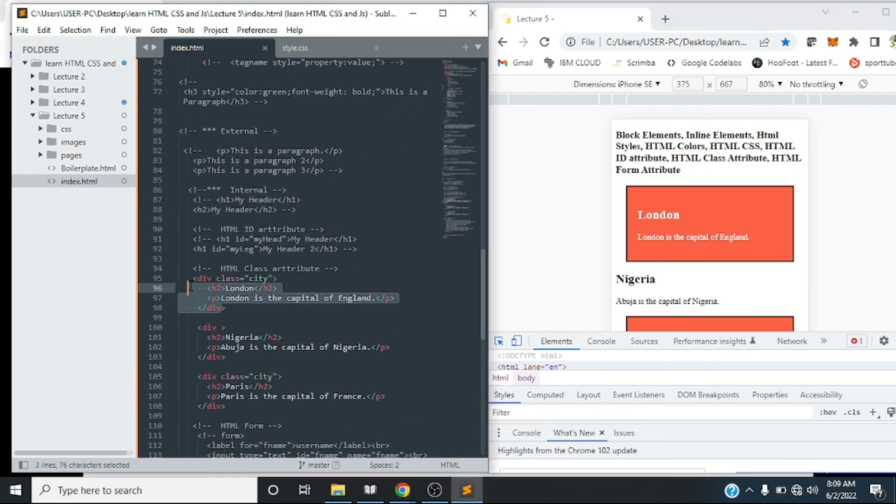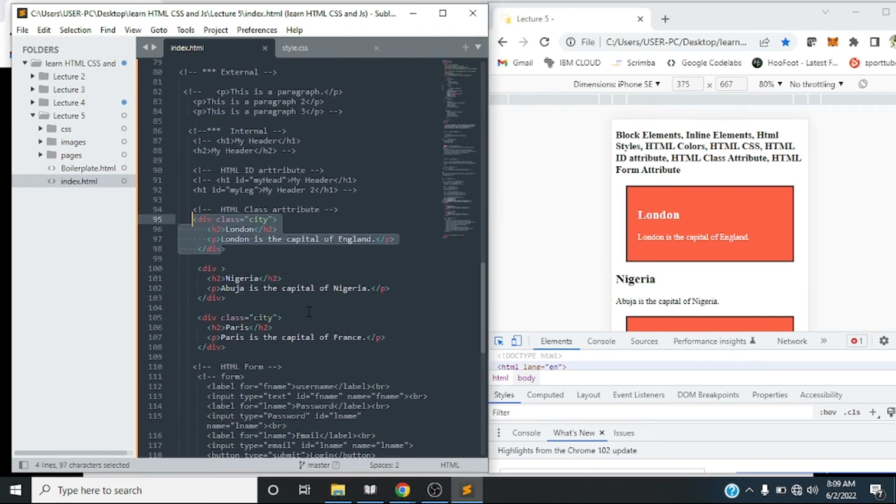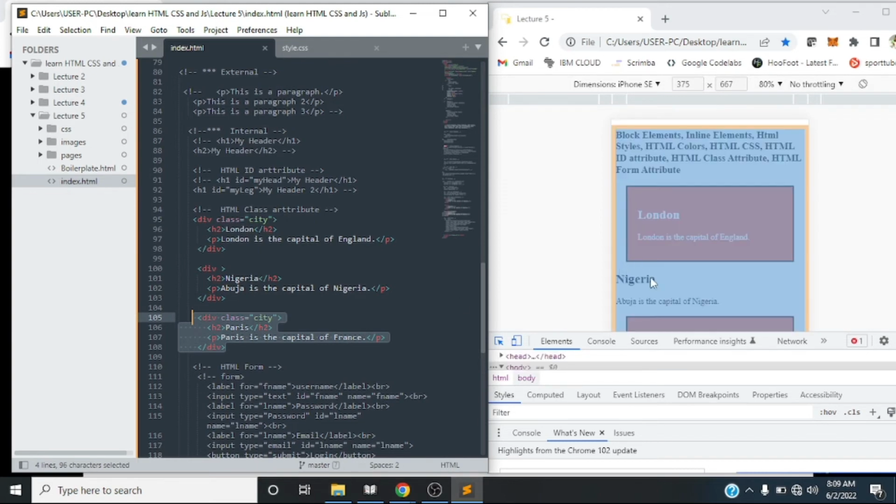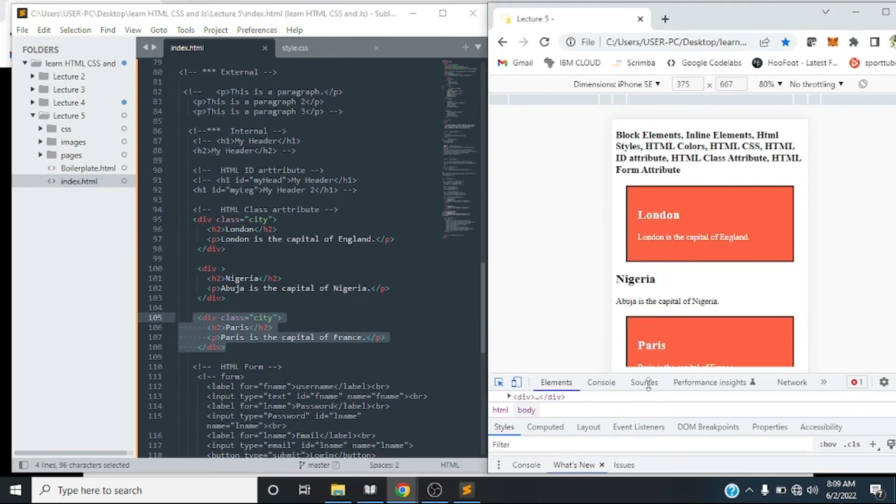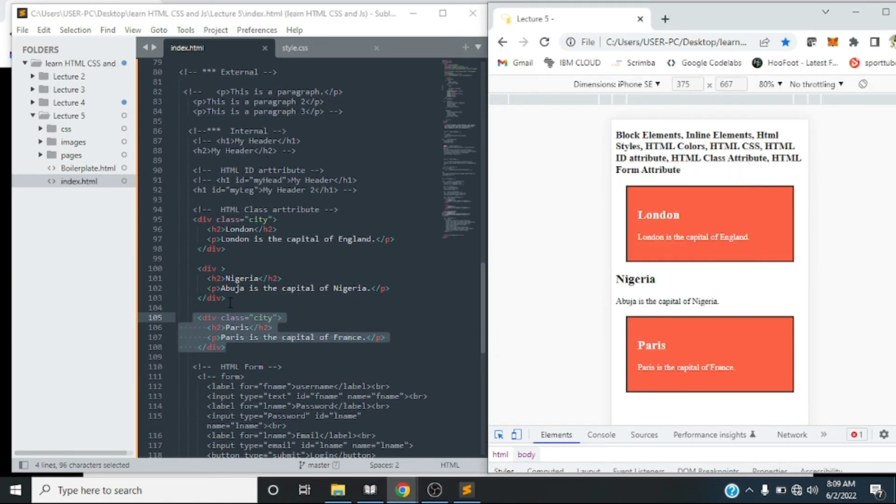This one gets the class, which is London. Paris gets the class. But Nigeria has no class. So now why does the thing affect them? But if I want to add the class to Nigeria now,